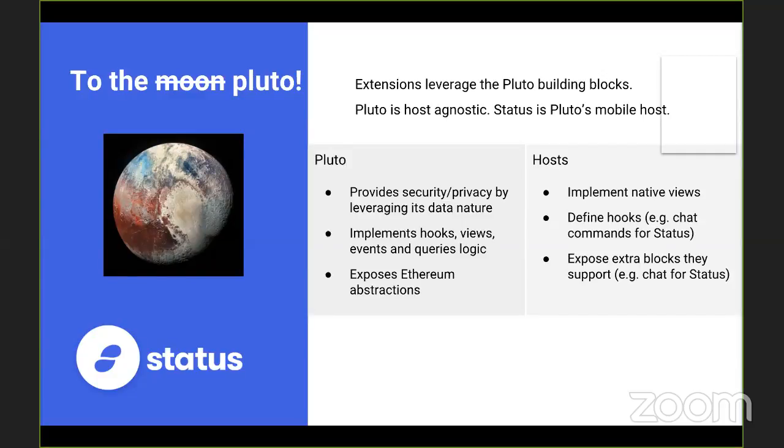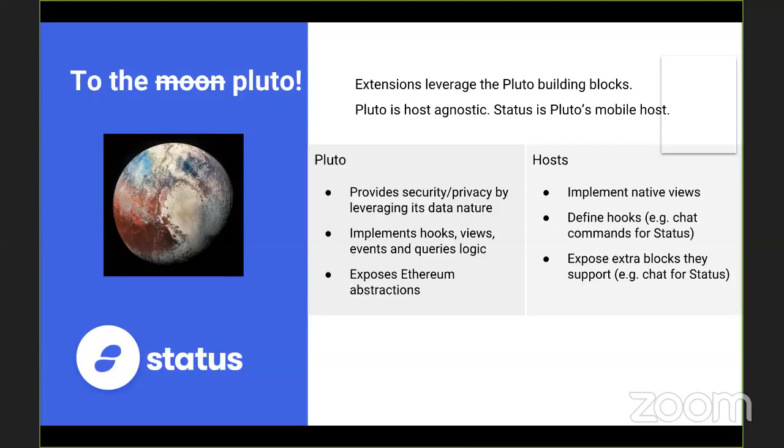And then the second thing that the host will define is all the hooks. So how can Status be extended? For instance, one of the main hooks is chat commands. But you need to define, per host, how you want this host to be extendable. So that's the concept of a hook.